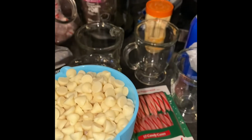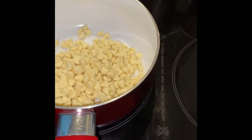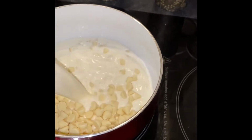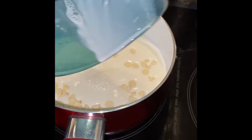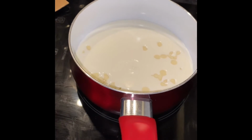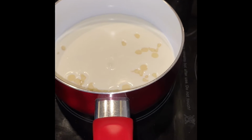of adding 1 cup of white chocolate chips. And we're gonna put that onto our stove. We're gonna add 1 cup of heavy cream into that. And so we're waiting on the morsels to melt down. We'll stir it a little bit, and while it's waiting, I'll show y'all what my plans are to do with